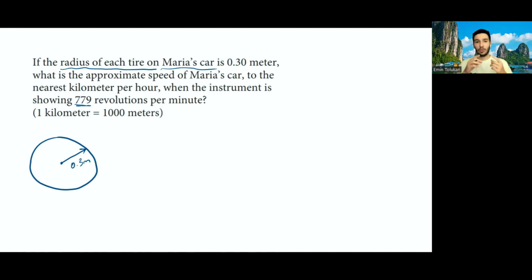When the wheel makes one revolution, the car travels the distance, the wheel, of course the car also, but the wheel travels the distance of the circumference, okay? So how much distance is the car going to travel per 1 minute if it makes 779 revolutions? Of course, this is going to be easy because we know